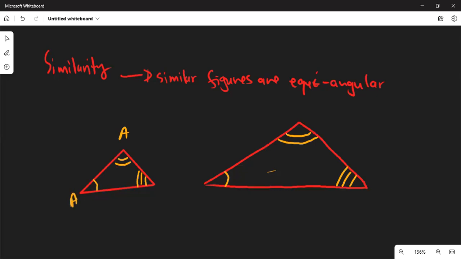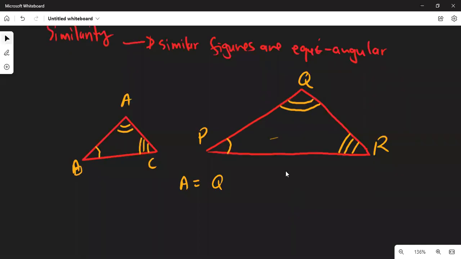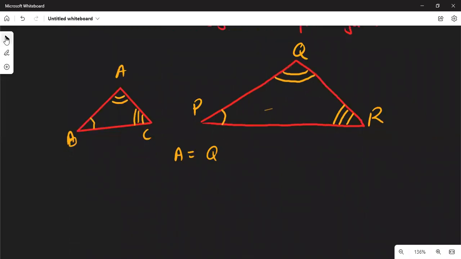In this case, if you are given similar figures, you name them according to their angles. So cross-checking our triangles here, we are going to see that angle A is equal to angle Q. Then we go to B, and we see that angle B